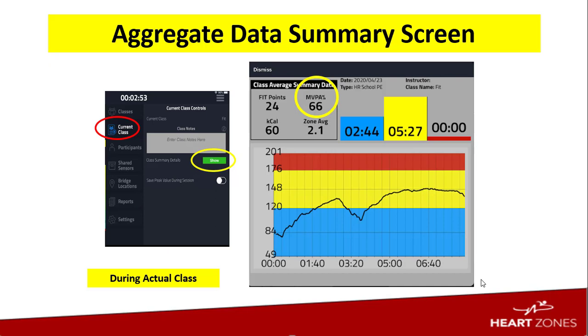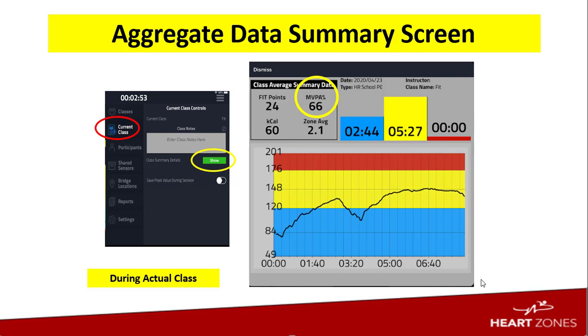What was I doing here? How did it tank? How come it went down into blue? What was going on in my class that allowed my students to either meet the goal of moderate to vigorous physical activity or not? Did I pick inappropriate content? Did I put the three or four kids together that shouldn't have been there? Was my equipment out? It still doesn't tell me everything that's gone on in my class, but it certainly tells